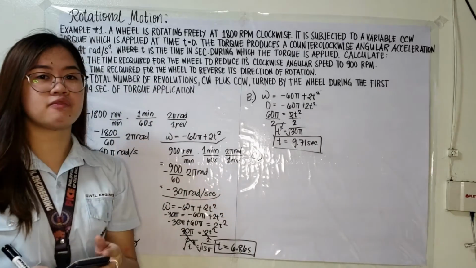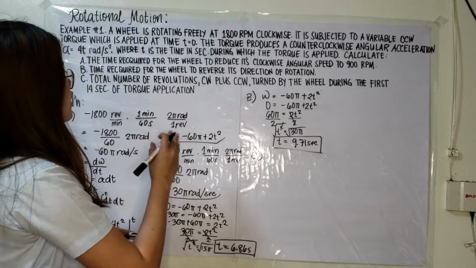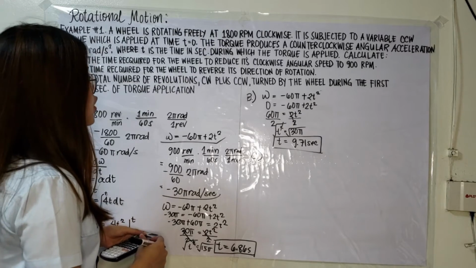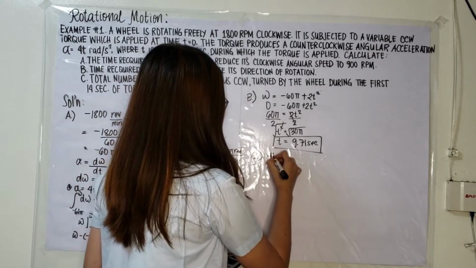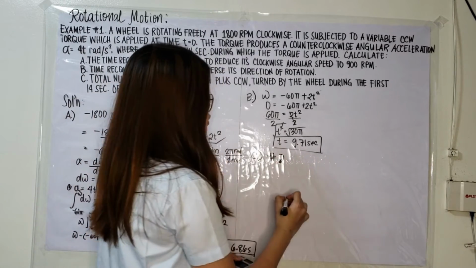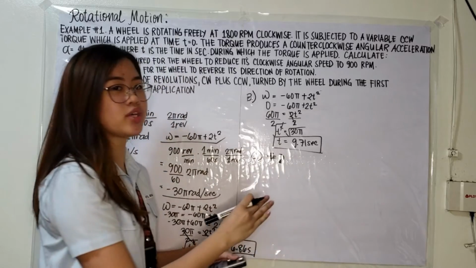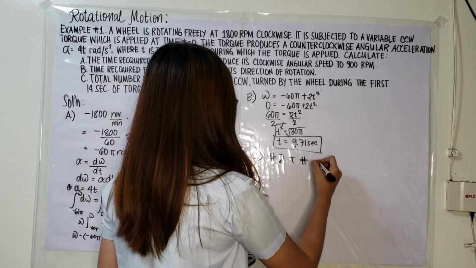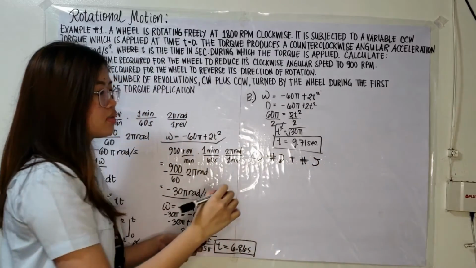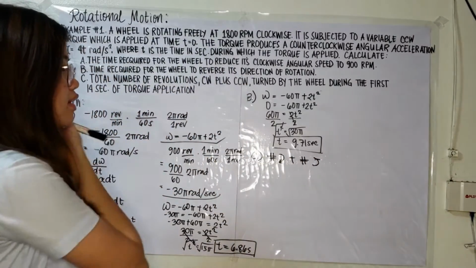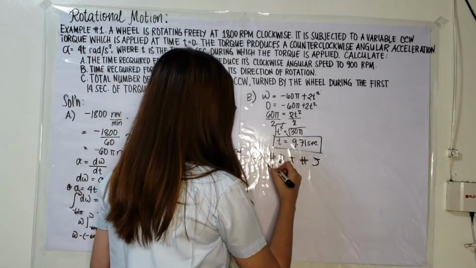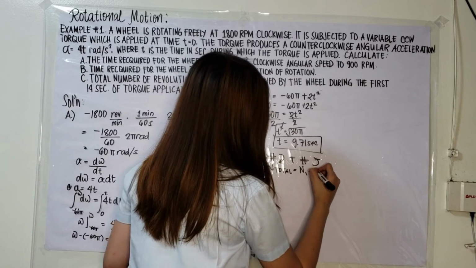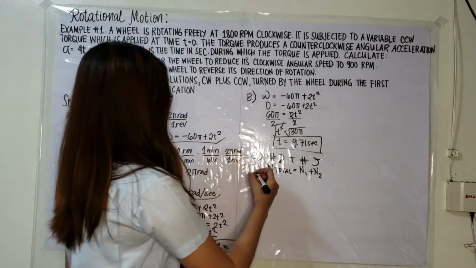The total number of revolutions which the wheel turns during the 14 seconds is the number of clockwise turns during the first 9.71 seconds plus the number of counterclockwise turns during the remainder of the interval. So N total is equal to N1 plus N2. First interval,